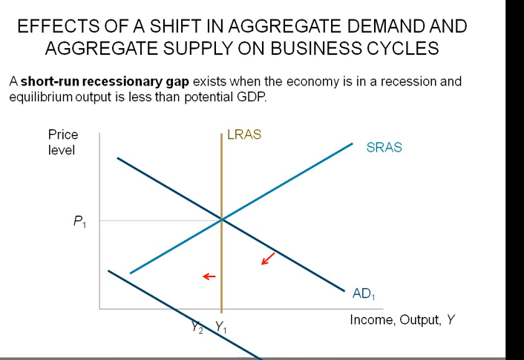Okay, let's see, we are having a downward shift in the aggregate demand curve. So we are moving from here to here. What is happening is we are moving from output Y1 to Y2. So our price level decreases and output level also decreases. That is called a recessionary gap.